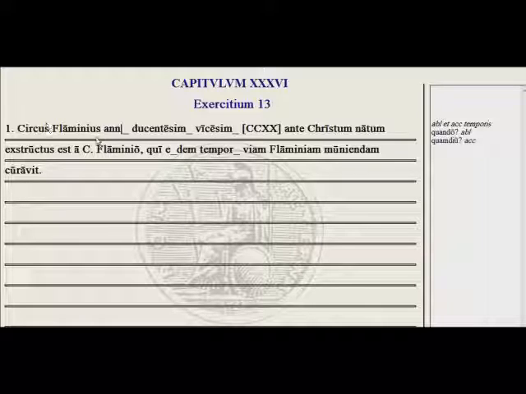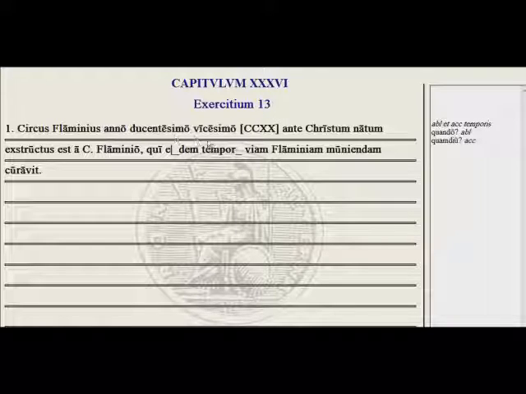Okay, so the Circus Flaminius was built by Gaius Flaminius, and we have to say in this year. And it's in the 220th year, that's this Roman numeral, CCXX, before the birth of Christ. So in the 220th year, we want the ablative singular. Okay, so we're going to put it anno ducentesimo vicesimo. Okay, so in the 220th year, which, and this is talking about